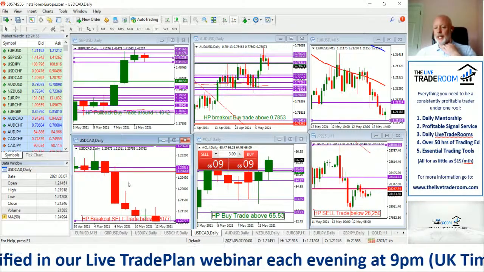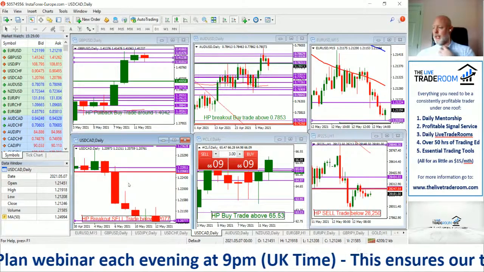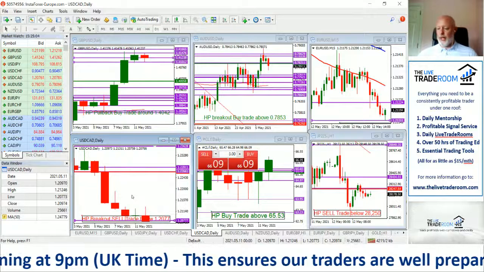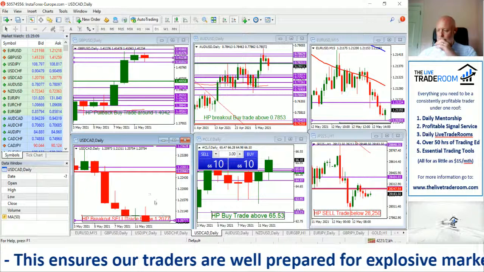And there's no doubt about it, there's a little bit of fear and anxiety in the indices markets this week. I mean, that's clear to see. And that can often just have a knock-on effect across other markets. It looks like the dollar CAD is continuing its move to the downside. So we do like this market below the